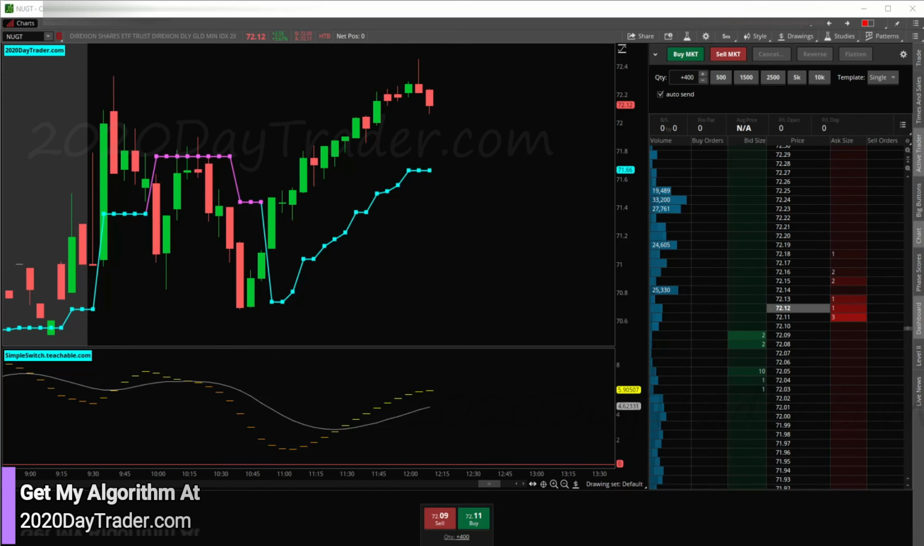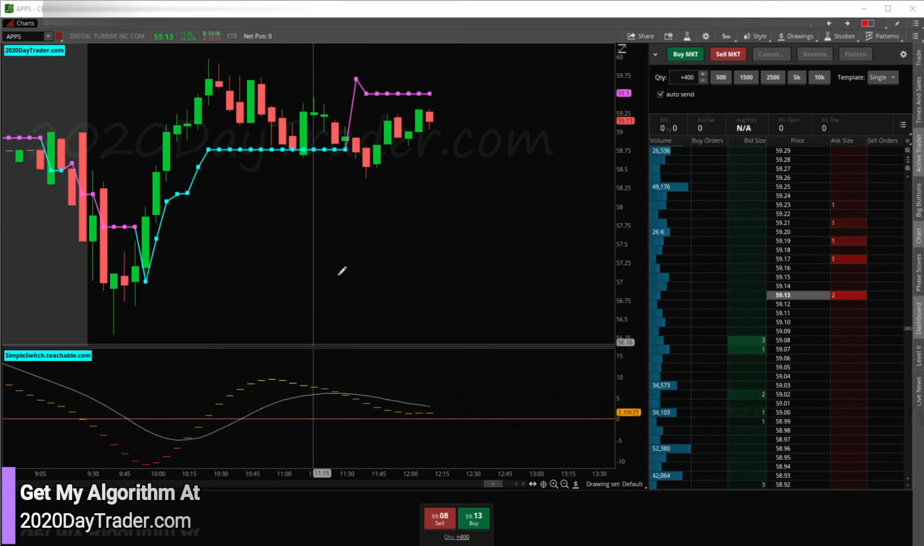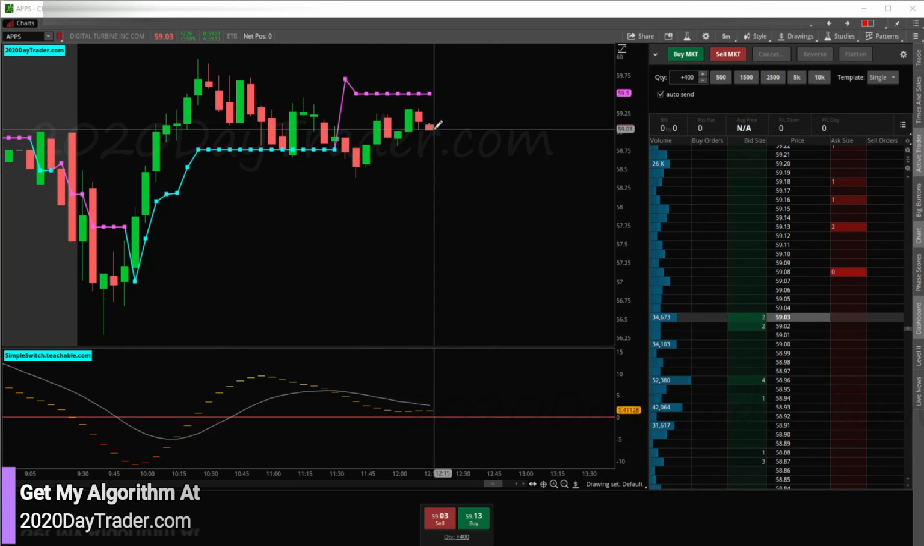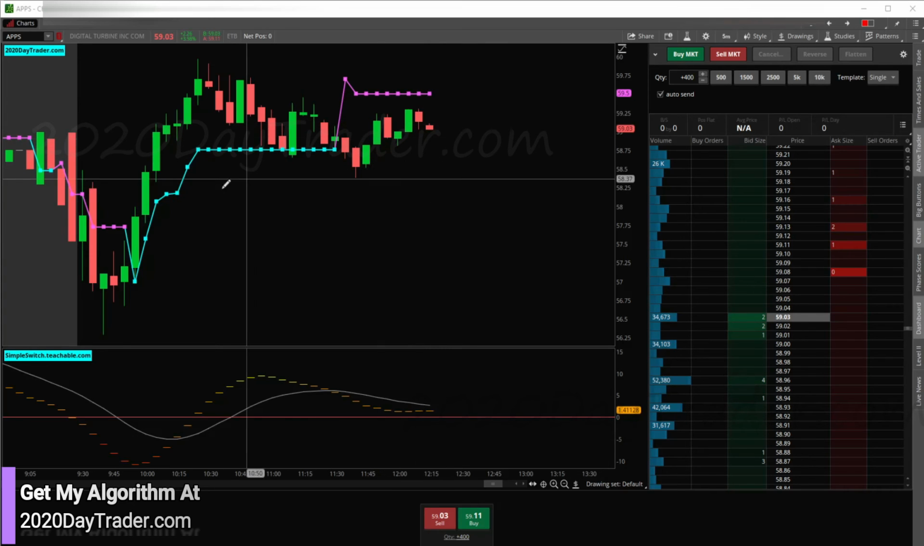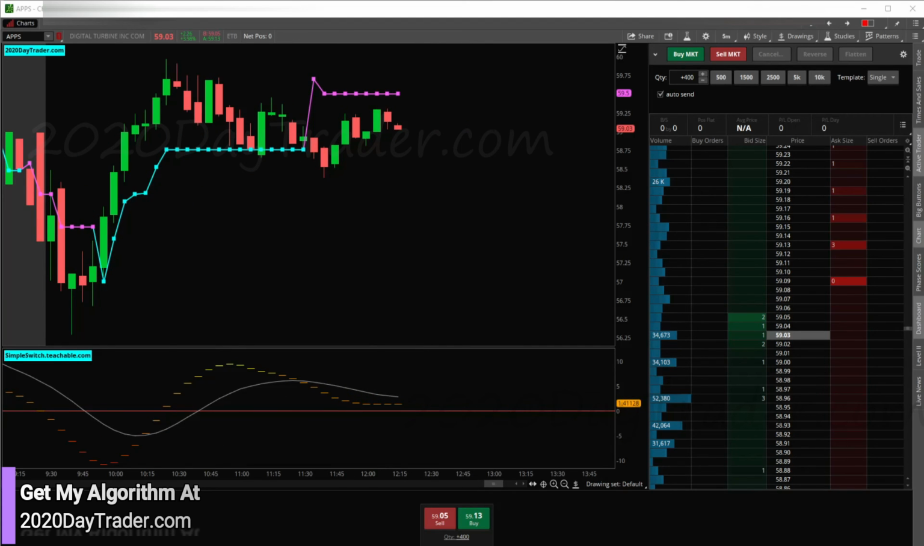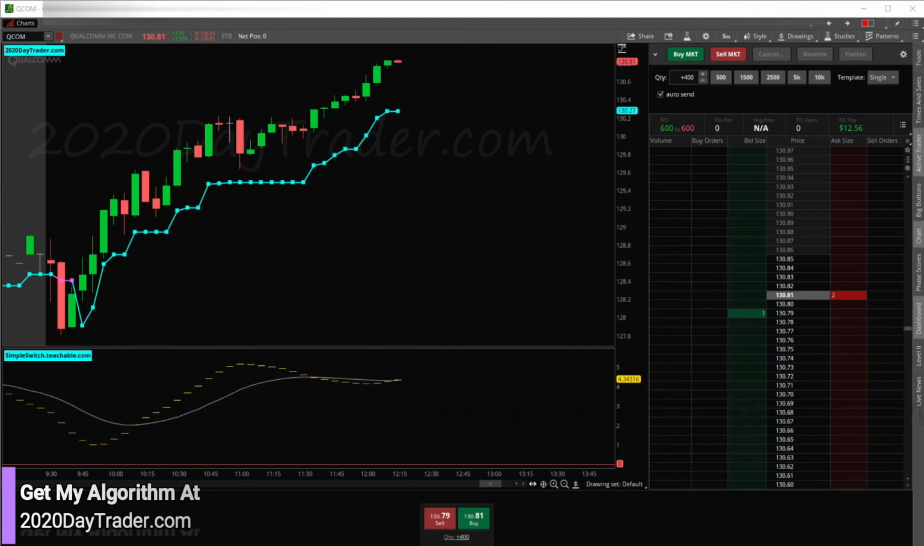And then APPS, it's possible that this switches in the next 10 minutes if we got some massive candle, but I don't see it happening, so I'm not going to stick around for it. And then QCOM,